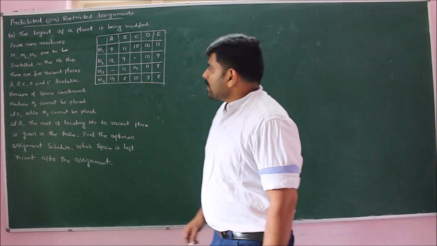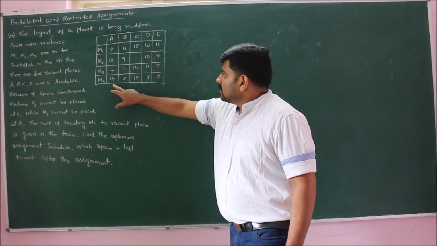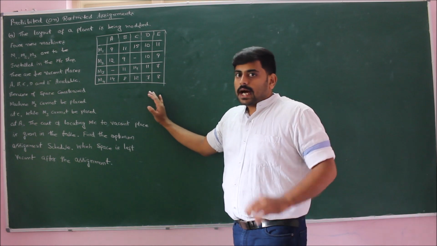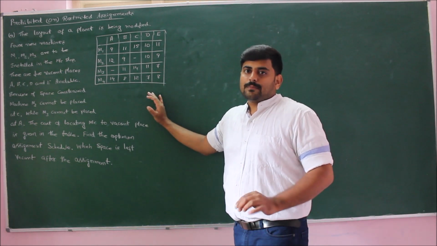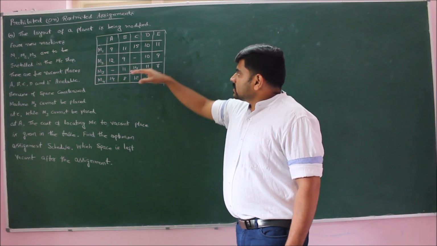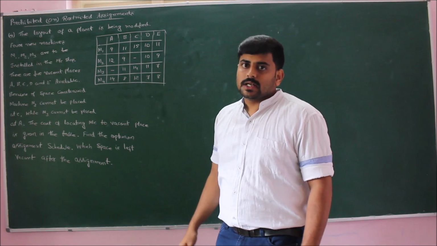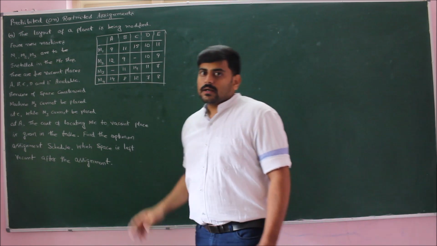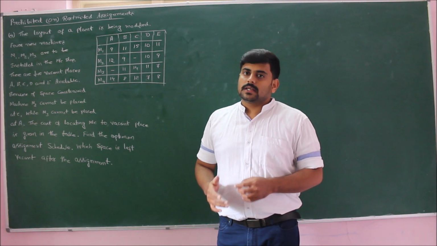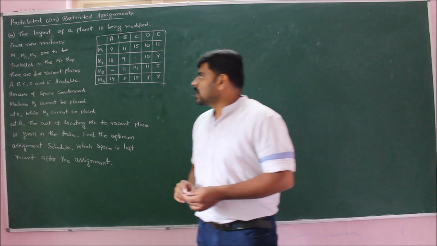Let us solve this problem, and one more careful observation is that the cost matrix has 4 rows whereas 5 columns. Therefore, this is an unbalanced matrix. First I should balance it by introducing a dummy row, thereby I will get 5 rows. So the first point is to assign the value infinity for restricted places. This is to avoid the assignment for the restricted origin and destination. And the second important thing, since it is an unbalanced matrix, the number of rows is not equal to the number of columns, I should introduce a dummy row. Let us solve this problem.